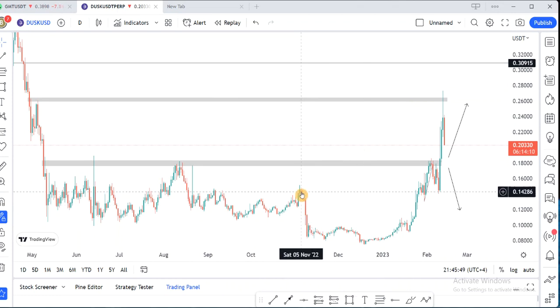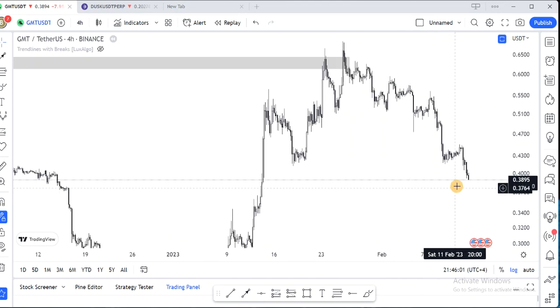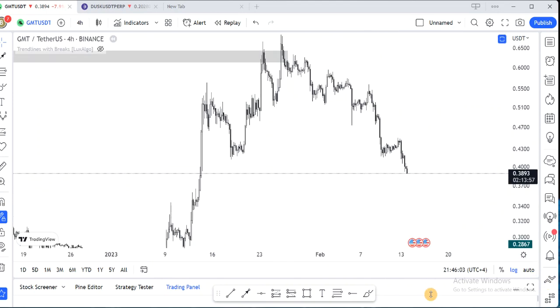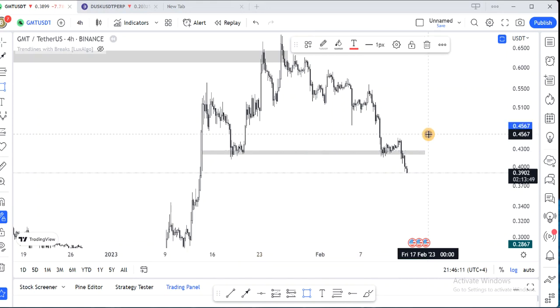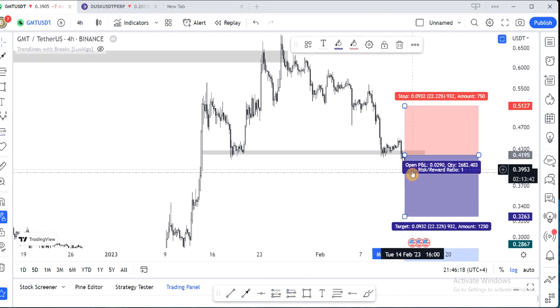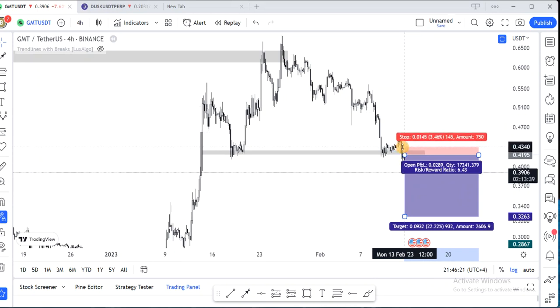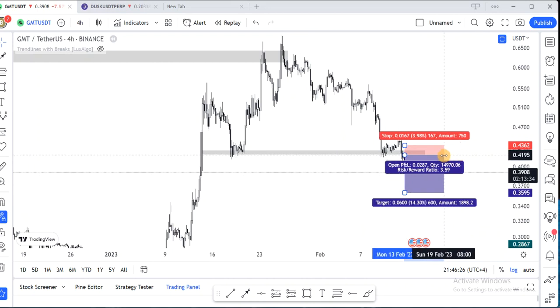Support and resistance should be your friend. Breakout and breakdown strategy should be your friend. See that the GMT trade is still pumping, still making money. How many pips have we made since I did this trade? Since morning, how many pips have we realized? If you short from 41, how many pips? So how many have we made since morning?